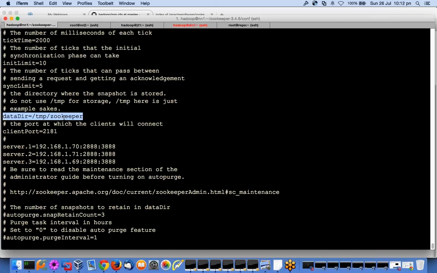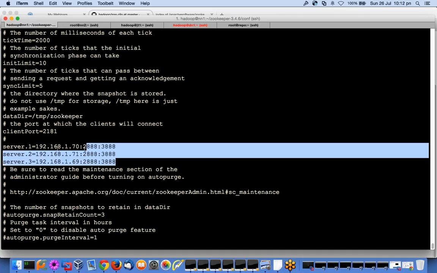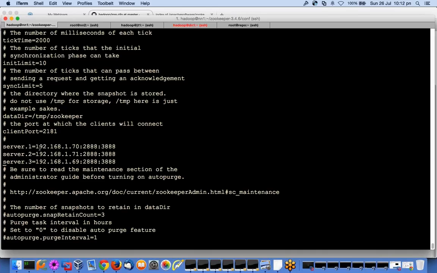the coordination data. What coordination data? It will be coordinating with each other and saying who is the master and whose decision we should agree to. And then I'm saying which three nodes will be my Zookeeper servers, right? Odd number of nodes. I'm saying nn1, nn2, and another master, which is job tracker. And I'm saying which is the port range, right? When they talk to each other, what is the port range they will use